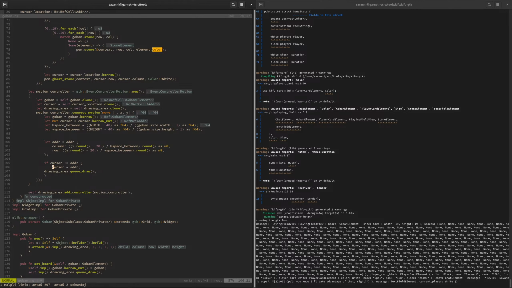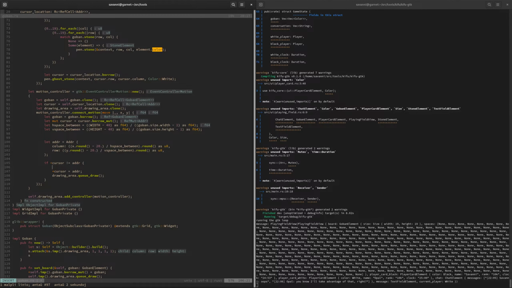Actually, I think I probably need to do star cursor because these are references that I've borrowed, and then we're going to redraw. Otherwise, we're not going to. So just for good measure,